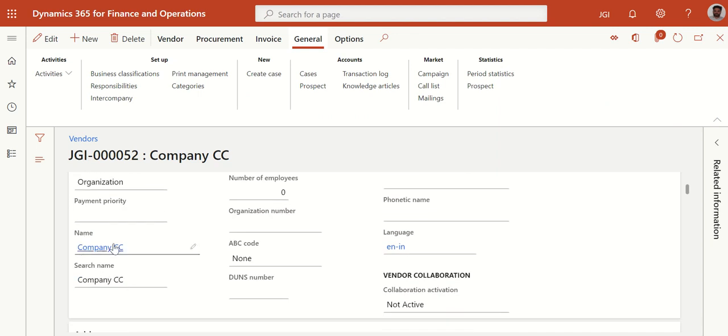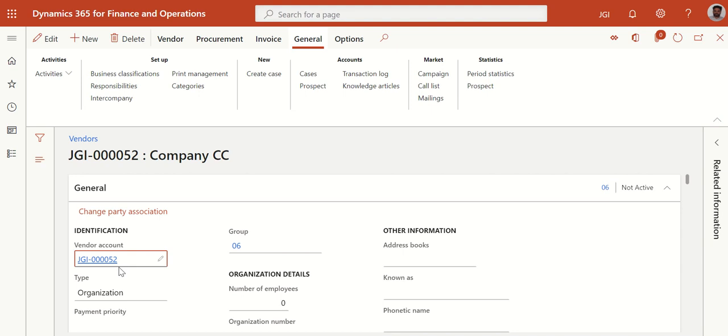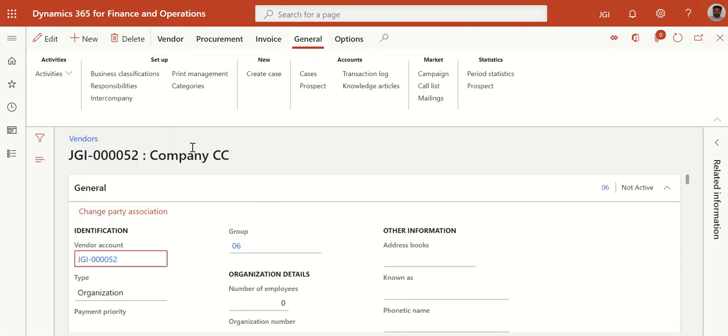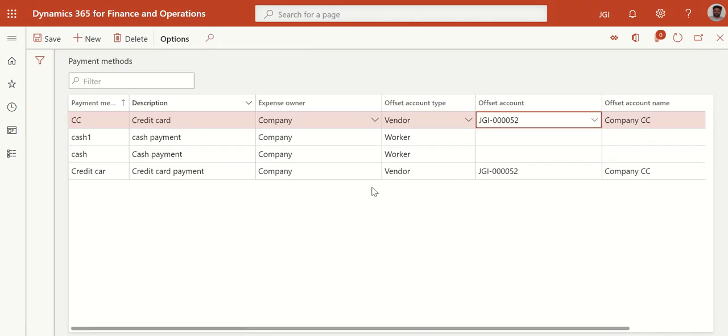As you see, the name I have given is company credit card, and I've created a different vendor group for company credit card, and I've assigned this vendor to that particular group. So you can see that detail also here. The group I have created for vendor is credit card transaction. So all your credit card transactions will be under this group, and I just have created one vendor. If you want, you can create multiple vendors and assign them to that group and use them for all your credit card transactions. So this is how we create payment method for your expense management module.